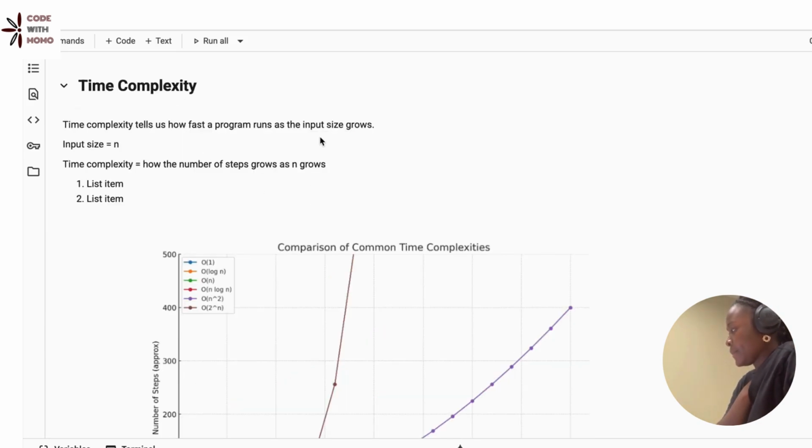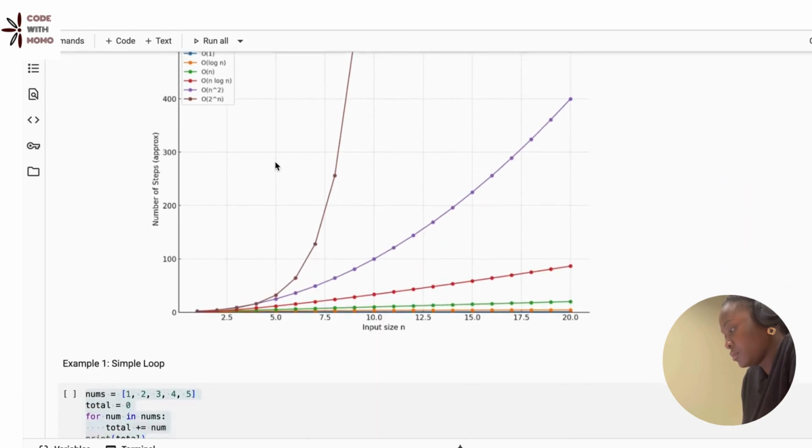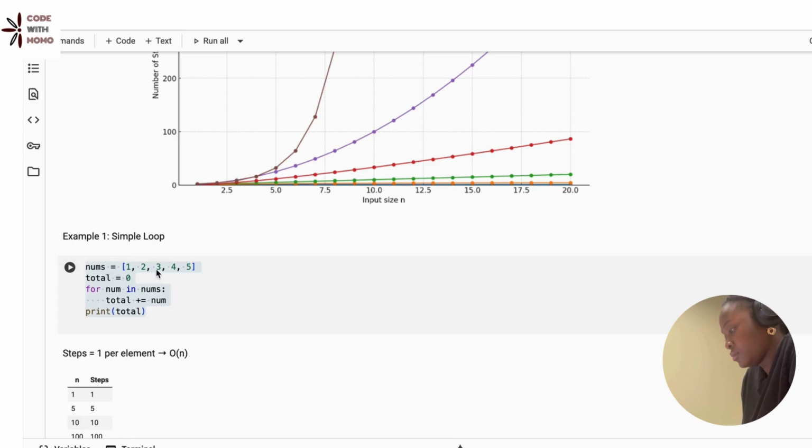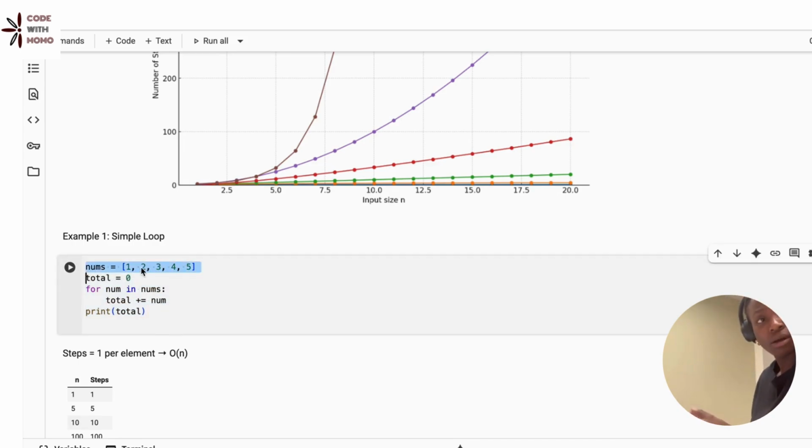So today we're going to be talking about time complexity. And what is time complexity? Time complexity tells us how fast a program runs as the input size grows. So when I say input size, let's look at this very simple data structure. We have an array of numbers, right? 1, 2, 3,